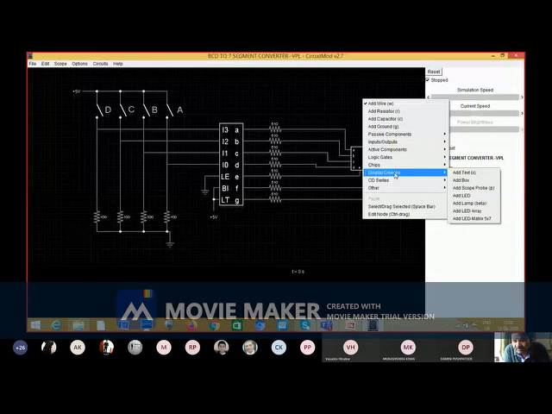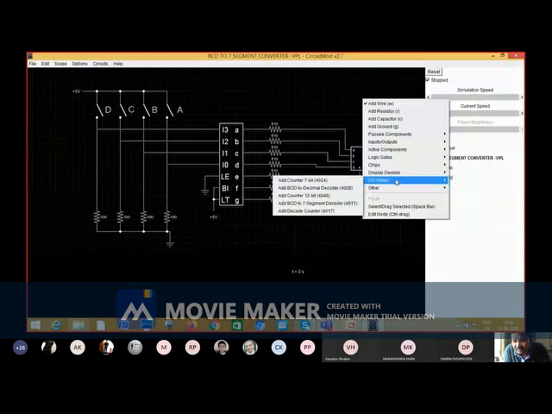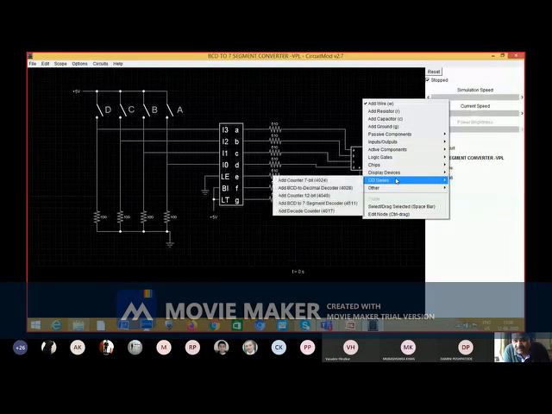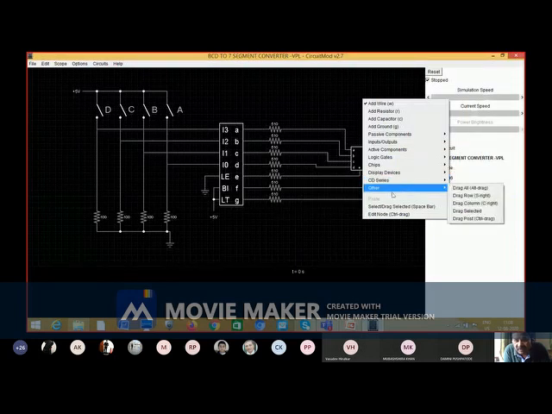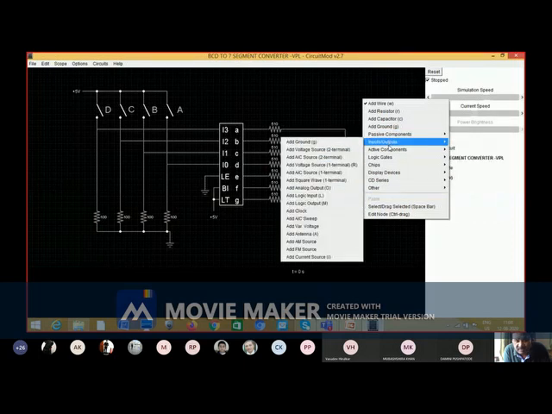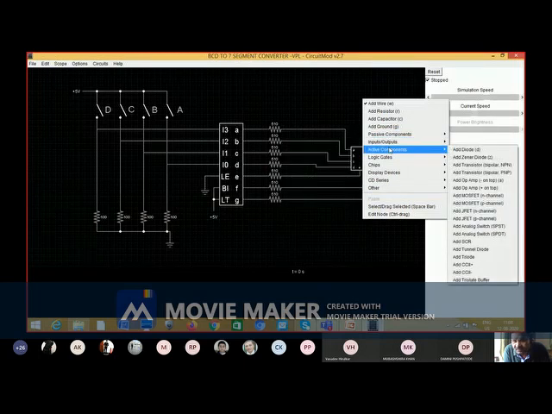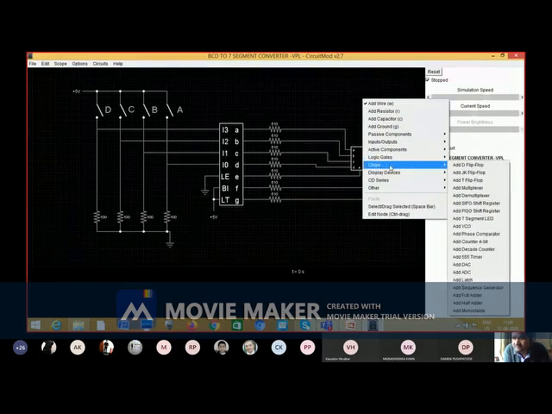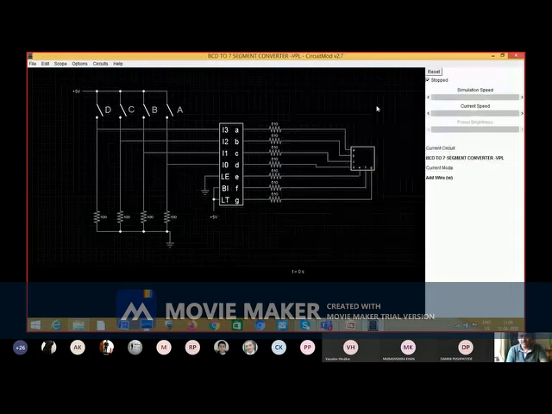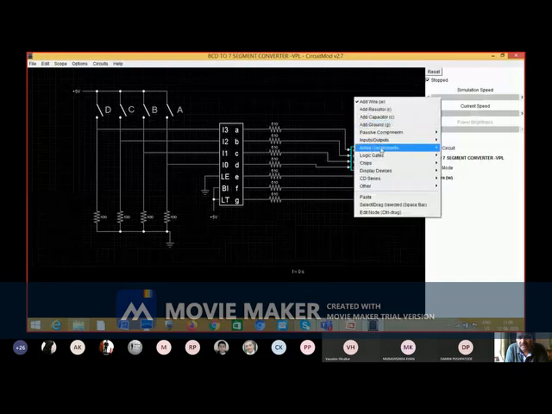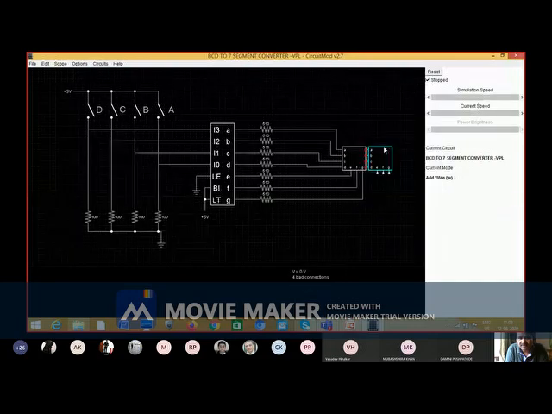Somewhere that component is there. Okay. It is in input output. So now I will just copy and paste this here.